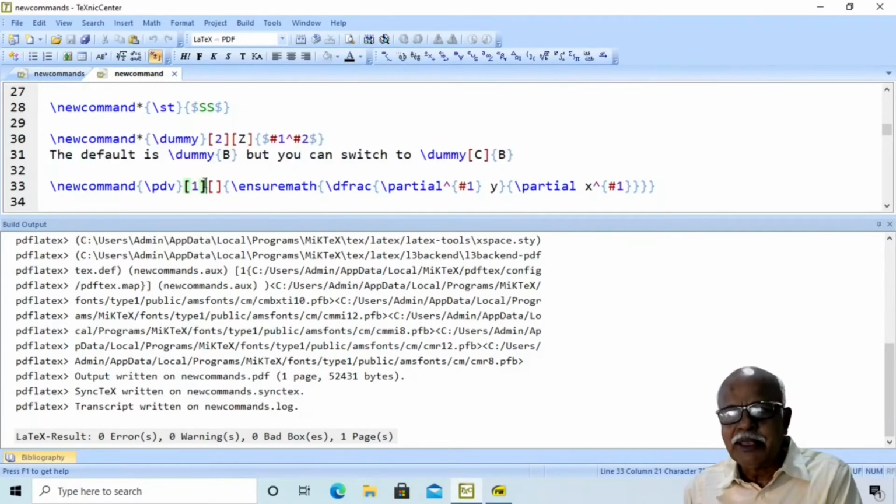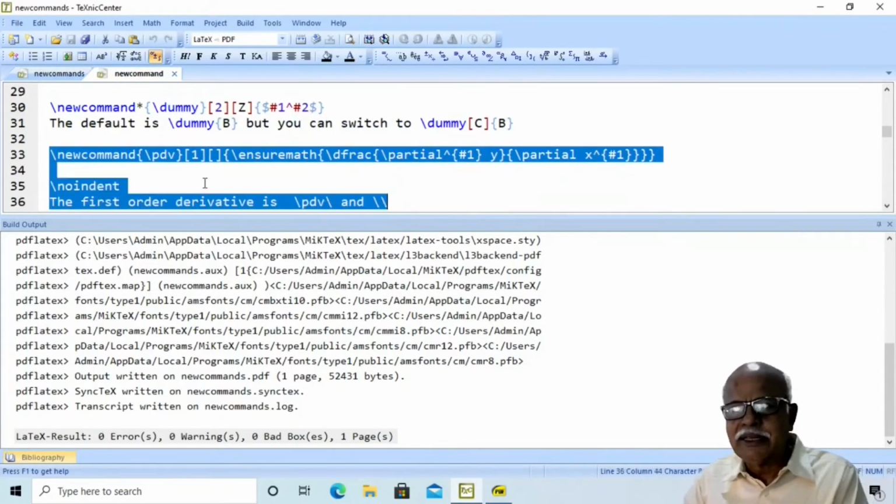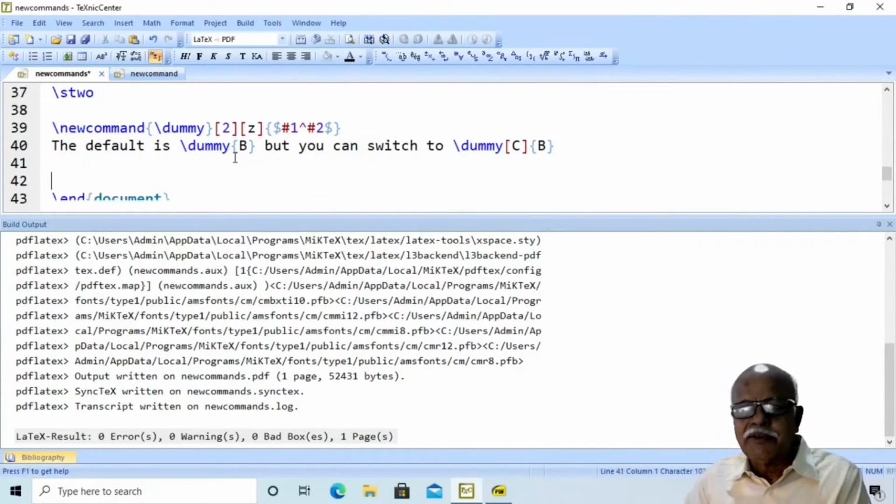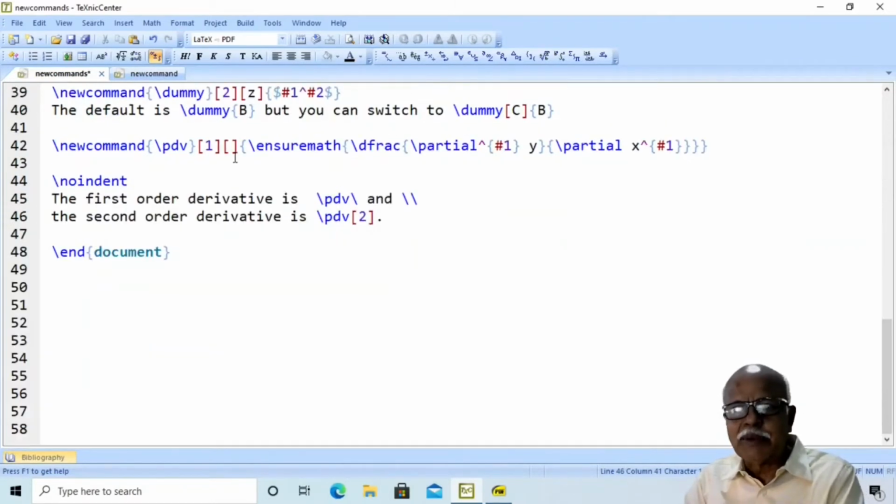Again, let us say we have another new command defined like this. For partial derivatives, I define like this: \pdv. It has got one optional parameter. The default value is empty.